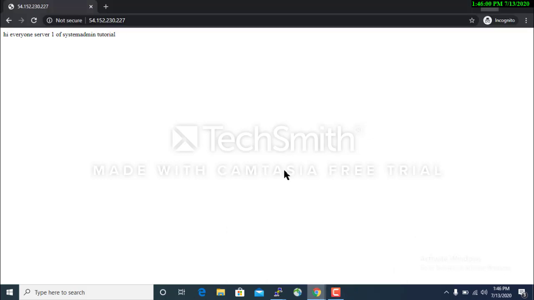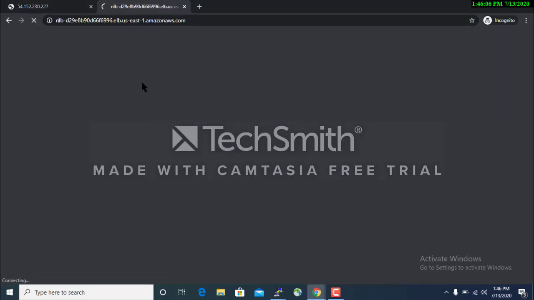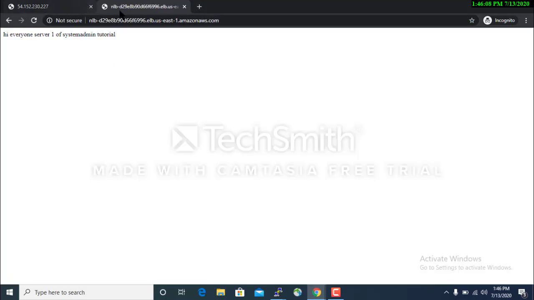You go to the next browser. So in server 1. Wait, it takes some time to balance the load.